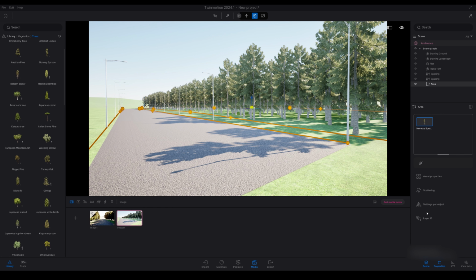Again, for the vegetation, layer ID, enable 3. And also, I think I might do the hill in the background. So I'm going to enable that and hit 4.